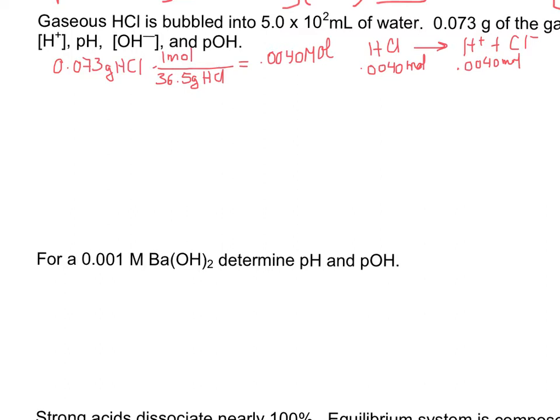So then the H plus concentration would be equal to 0.0040 moles divided by, we're told that we have 500 milliliters, which is basically 0.5 liters. And so the H plus concentration is